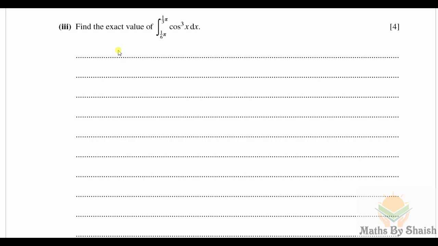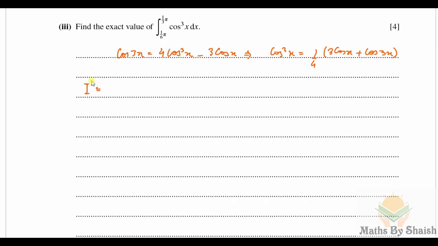So I'll write cos 3x is equal to 4 times cos cube x minus 3 cos x. So from here we can find the value of cos cube x, and that is going to be 1 over 4 times 3 cos x plus cos 3x. So I'll substitute this value in the given question, and I'll get this integration as